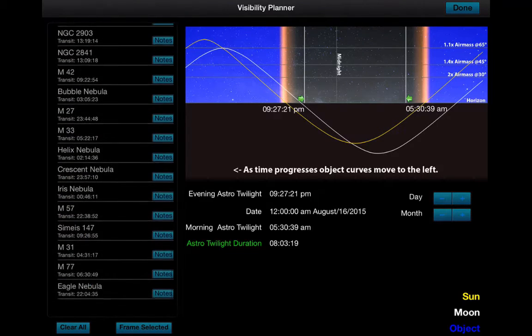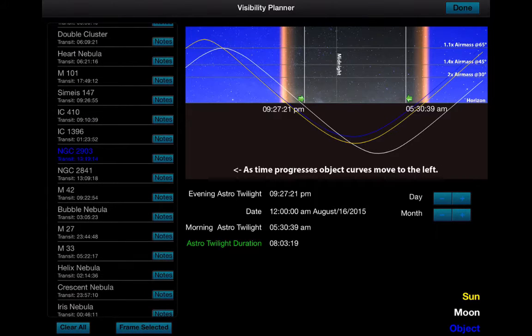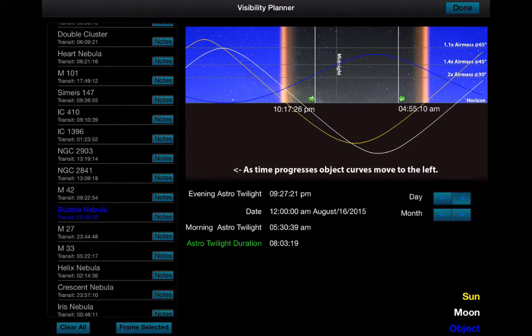And when you select the item, just select one, it'll show you, well, let's pick something that's up right now. So the Bubble Nebula. The blue line shows the elevation of the Bubble Nebula throughout the night. You get the time of twilights when they start and when they stop, and you can also press and hold on these lines to say, okay, I don't want to shoot this until it gets to about 45 degrees, which is midnight. That one's kind of obvious. You can also change the day,